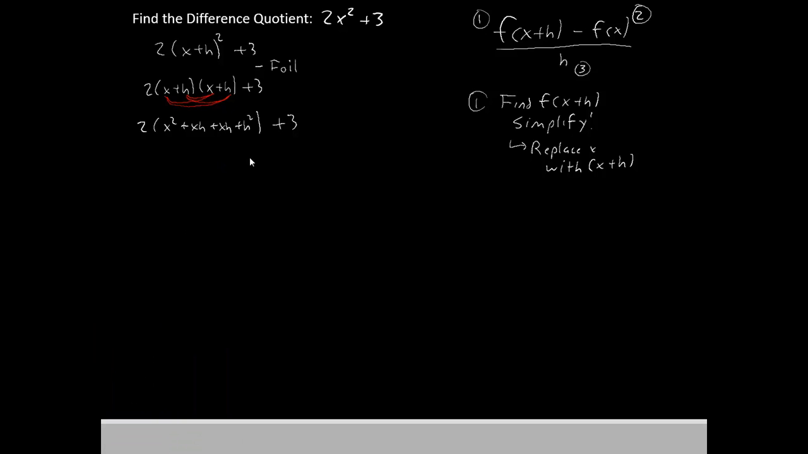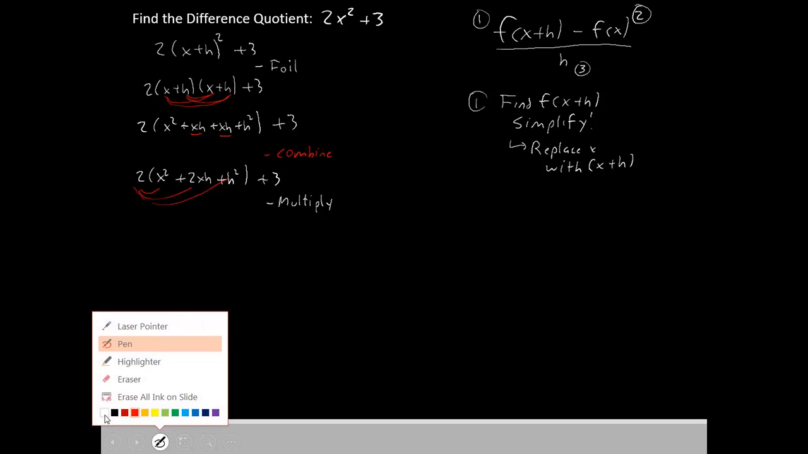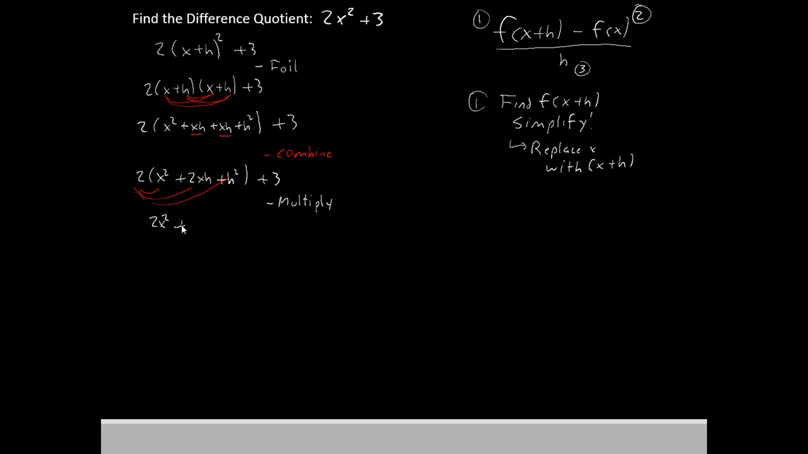Once you've done that, it's probably a good idea to check for any terms that you can combine. Well, we have 2 xh's there, so it would be a good idea to combine those. So I'll just rewrite it here. 2 times x squared plus, well, xh and xh makes 2xh plus h squared plus 3 on the outside. Then, after I've done all of this, I'll just multiply the 2 into all 3 of the terms. So we'll have 2 times x squared, 2 times 2xh, 2 times h squared. This will give me 2x squared plus 4xh plus 2h squared plus 3,